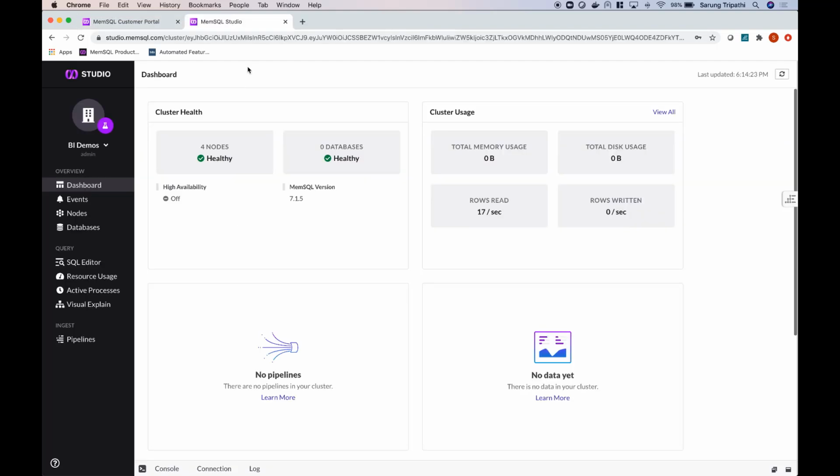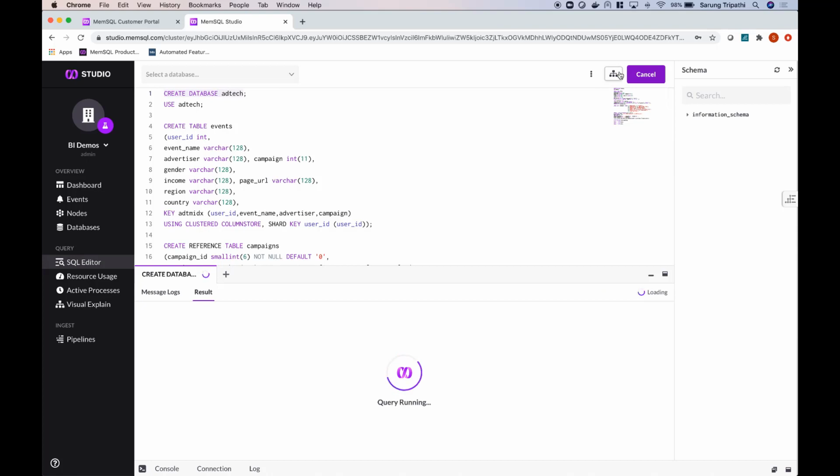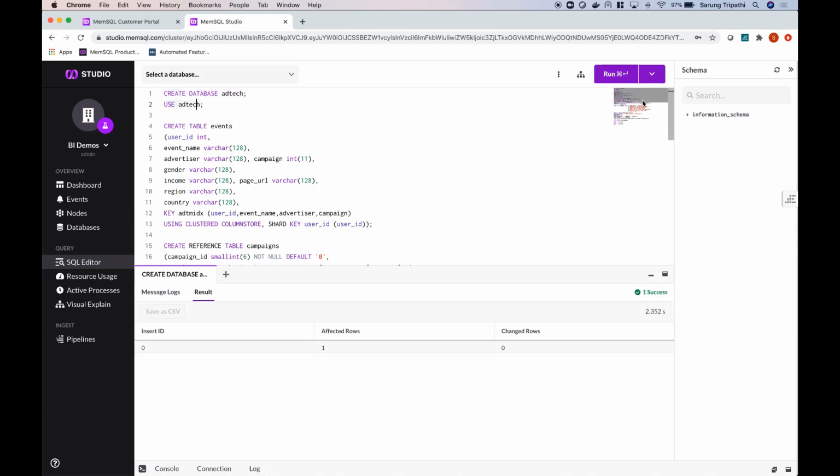Great. So now we're here in a cluster that I had spun up earlier. And what we can do is check out the health of our cluster, how many databases we have, how many pipelines, which is our method of ingest, and just some overall stats about the cluster. I can quickly jump in and create an AdTech database. We're going to be working with advertisement data today. I'll use that database,